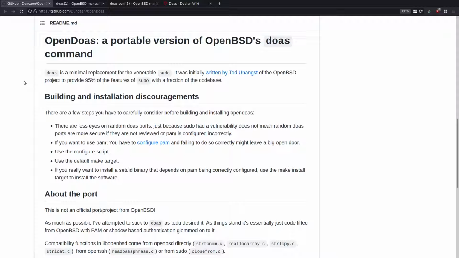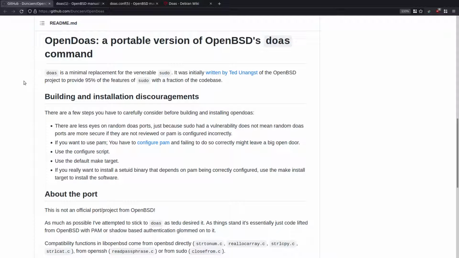It's available on Ubuntu 21.04 and Arch Linux, and on Ubuntu the package is called doas, and on Arch Linux it's called OpenDoas. I'm running Ubuntu 20.04 and doas isn't in that repository yet. So what I'm going to do is show you how to manually build it, and it only takes a few minutes. And then I'm going to go through some of the reasons why you might want to